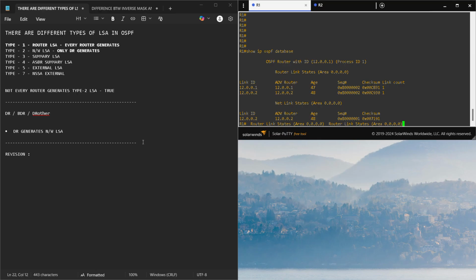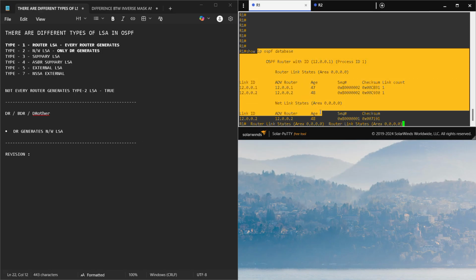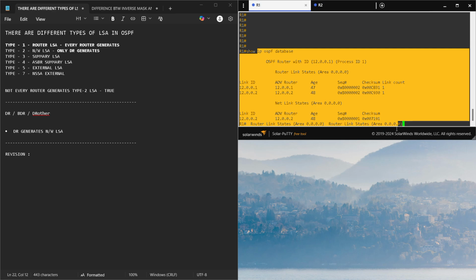There we used to see which interface it is running or which network it is operating on. After that we used to see show IP OSPF database like this. There we used to see what LSAs this router is generating or receiving, or what the router ID or process ID is. After that, we used to see show IP OSPF neighbor, where we used to see what the neighbors are